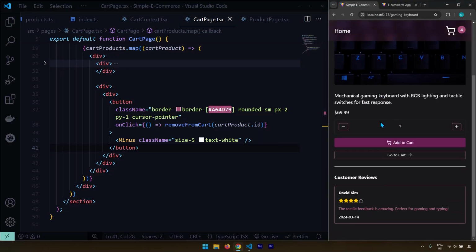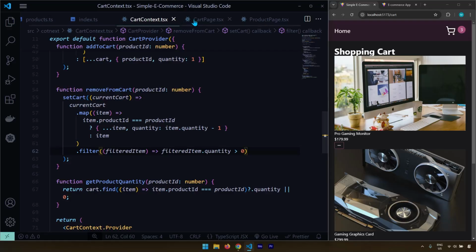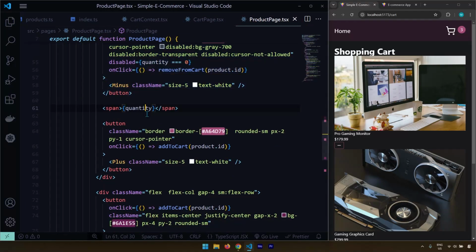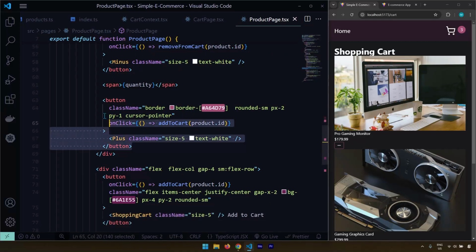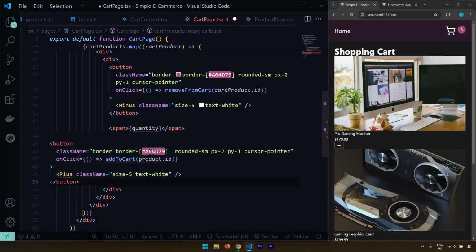But if I go to the individual product pages, if I come right here and click on it, you can see it doesn't matter, because where are we going to remove it from? We're not going to remove it, so it's just going to stay here. But we're going to remove it from the cart. And now we have 3 items. And that's the minus button. Let's go to our product page. We're going to have the quantity, and then we are going to have the plus button. So I'm going to copy both of them, come right here, put them here,